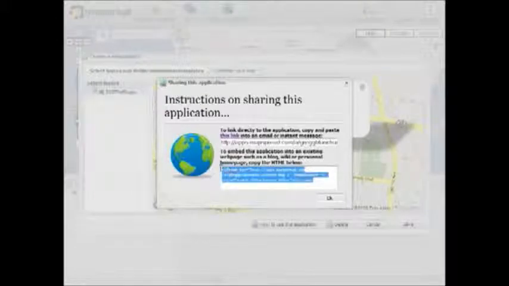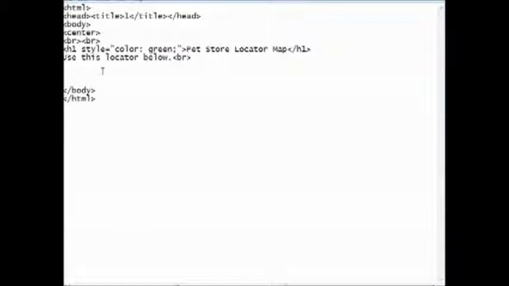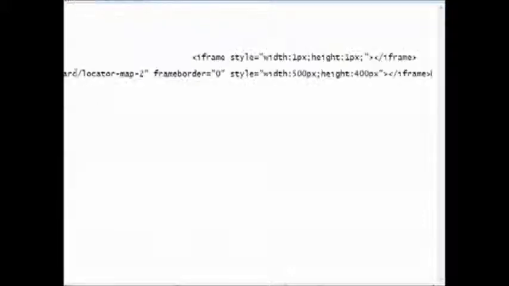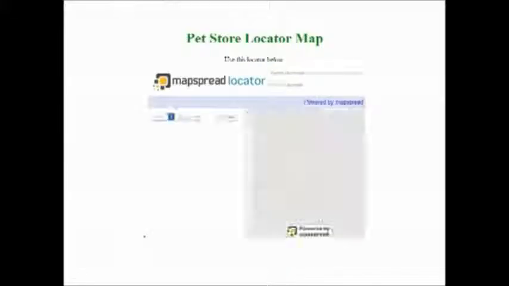Then if we want to embed this onto our website, we just go back here, select the embed HTML code, copy it, go to the source code of our HTML document, paste it, save that, and if we refresh our page now, there's